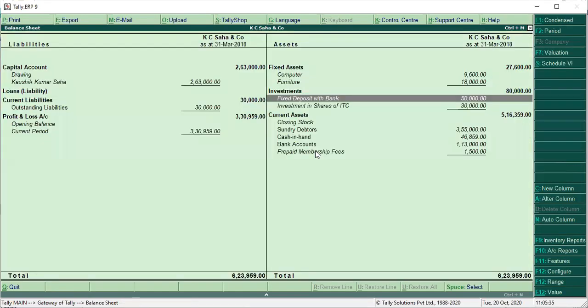So in the current month, that is the month of March, we have seen the fixed deposit with the bank of rupees 50,000. That means you will know that since you have invested 50,000, you have to account for the interest. And there is no percentage given in the details here, so how much rate of return you will get in the fixed deposit is not stated.